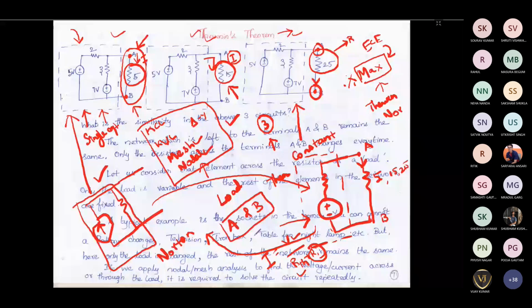Okay, is that clear? We have just seen what is Thevenin theorem and what is Norton theorem. We are just going to replace with a resistor in parallel for a current source for Norton theorem, and we are going to replace the constant circuit with a voltage source with a resistor in series for Thevenin theorem. Did you understand anything?